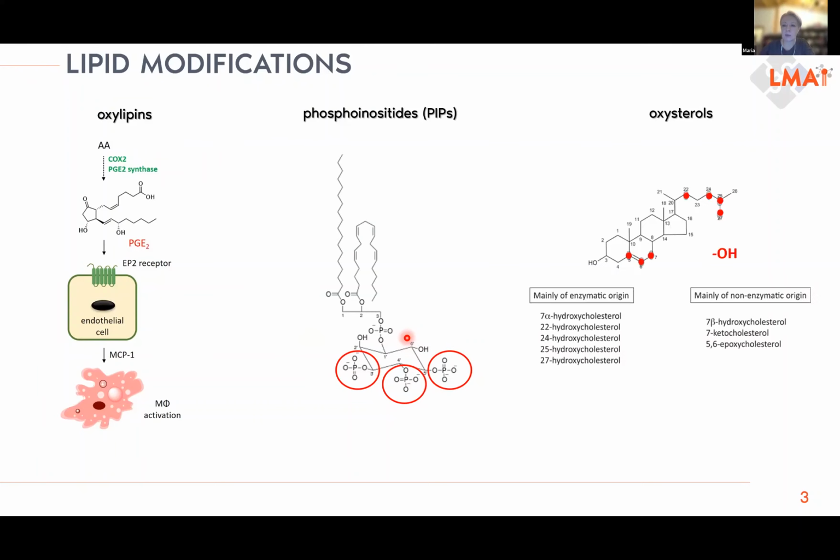So one more example here, it's oxysterols. Oxysterols are a group of molecules formed by oxidation of cholesterol, and that happens either enzymatically on the different positions shown here, but also can happen non-enzymatically with certain preferences guided by the chemistry of this molecule shown here. And for oxysterols, there are also a lot of different functions assigned, depending on the position of the hydroxy group introduced